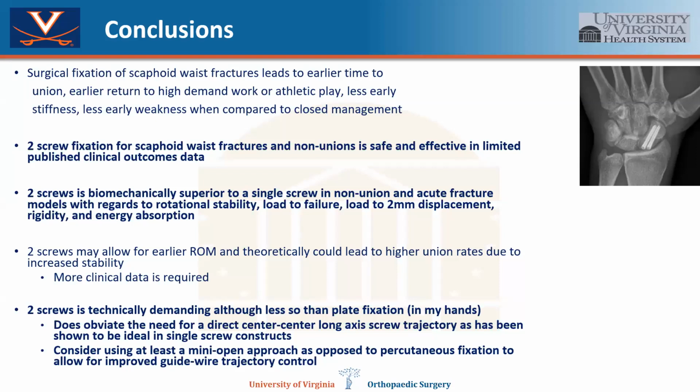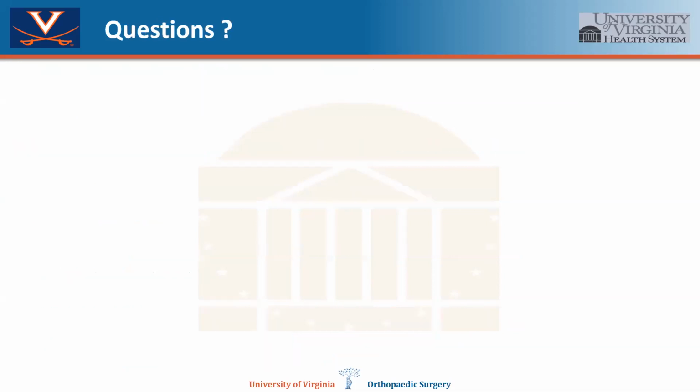And I would use this with a mini open approach as opposed to percutaneous fixation to allow for improved guide wire trajectory control and also to ensure that you do not have prominent hardware at the end of the case and you do not have iatrogenic injury to extensor tendons or the branches of the superficial sensory radial nerve. So that is why I use 2 screws. It is not commonplace